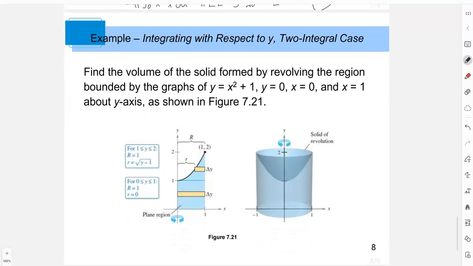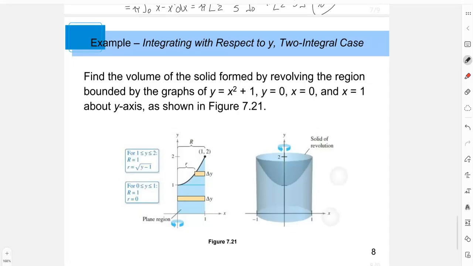Let's look at another one. We want to find the volume of the solid formed by revolving the region bounded by the graphs y equals x squared plus 1, y equals 0, x equals 0, and x equals 1 about the y-axis. So y equals x squared plus 1 is a quadratic shifted up 1 unit. X equals 1 is this vertical line here. So if I want to look at bounds,